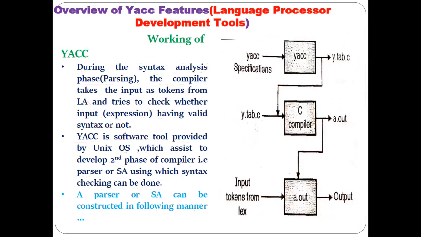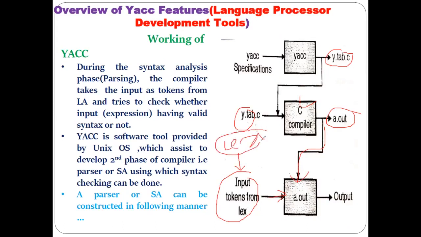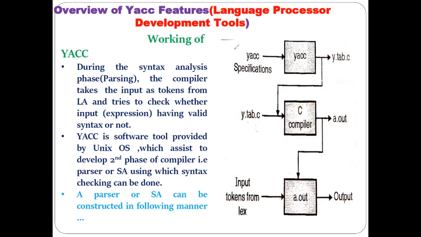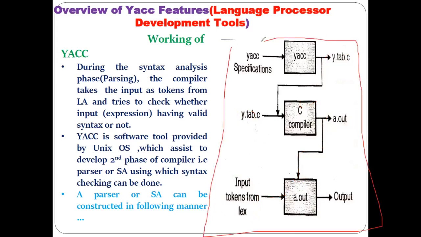Yacc: we have to write the Yacc specification. Then this Yacc program is given as an input to the Yacc compiler, and it will generate the C program. This C program you again have to compile with the C compiler. Then your syntax analyzer or parser will be generated, and you have to give some input tokens to that syntax analyzer. From whom will you receive these tokens? You will receive these tokens from the Lex. Understood? Now there is a change in the running commands of this particular program, which I will tell you.